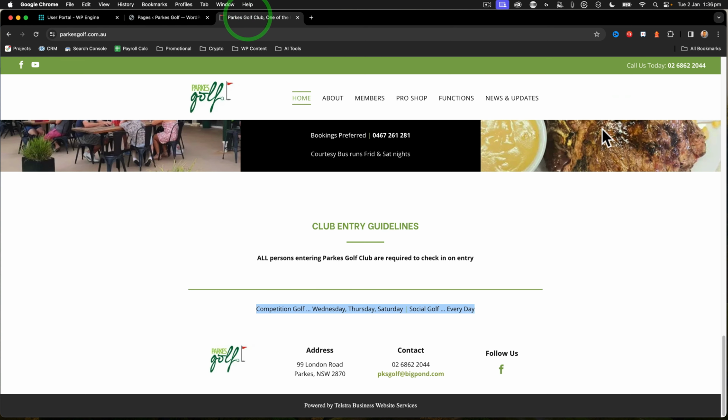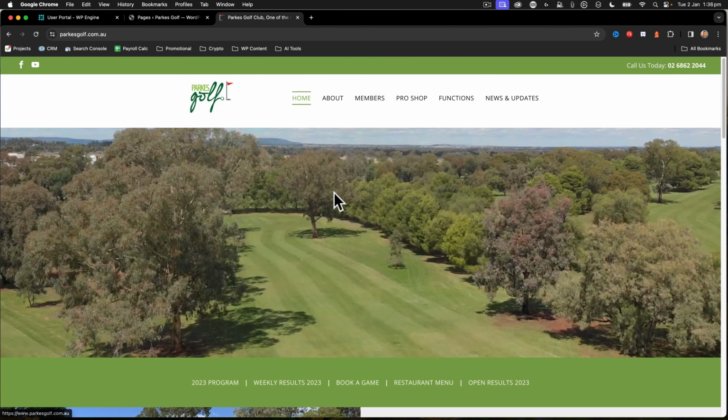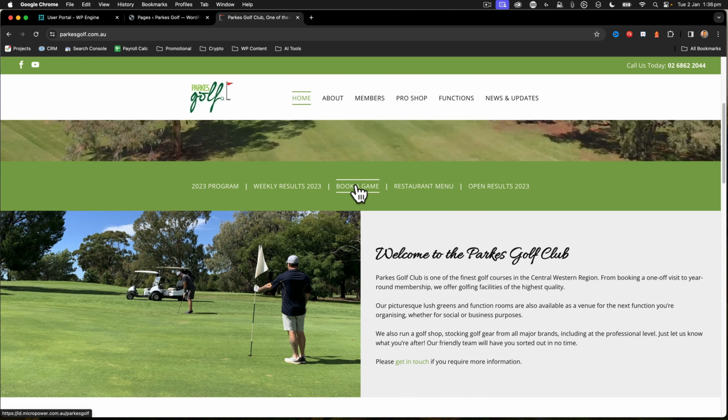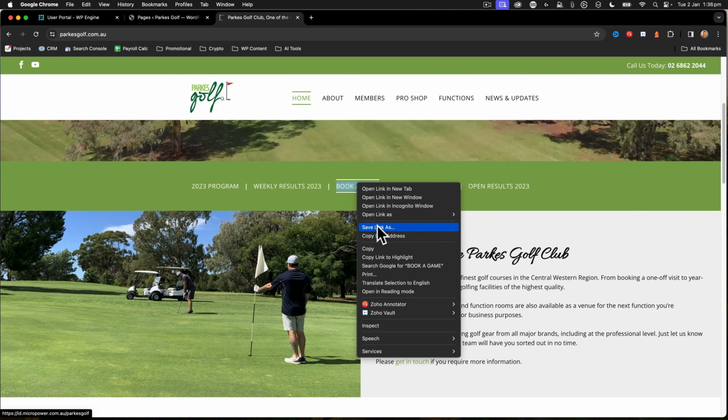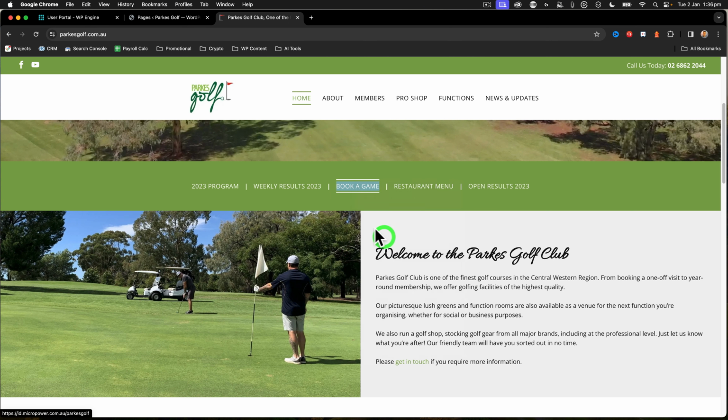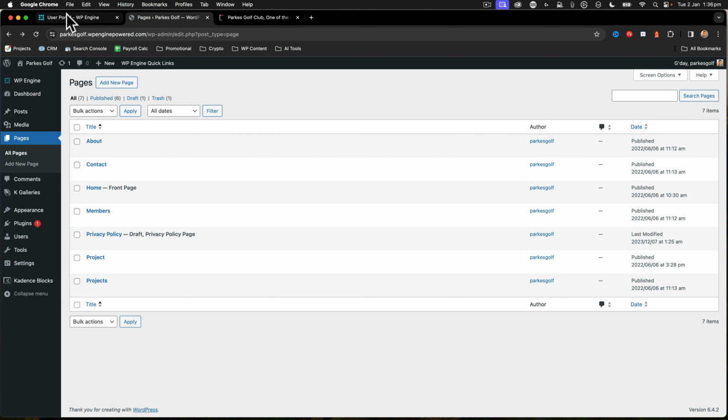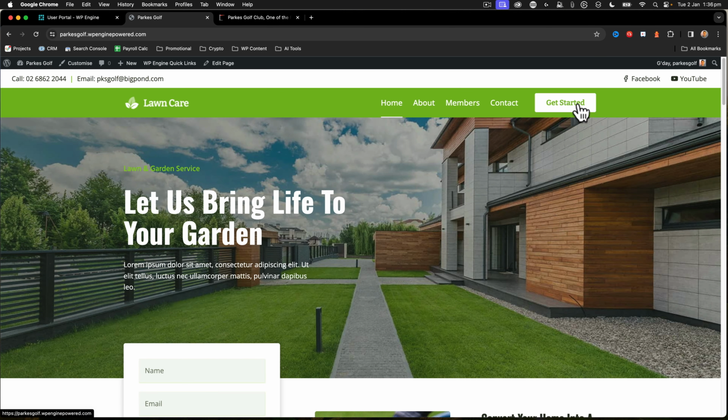It's all good. Now, on here, if I come to the home page, we've got this book a game, which takes you to an external link. So I'm going to copy that link address and I want that inside my menu. So this call to action button that says get started, we want to have that changed to be book a game. So I go into the customizer